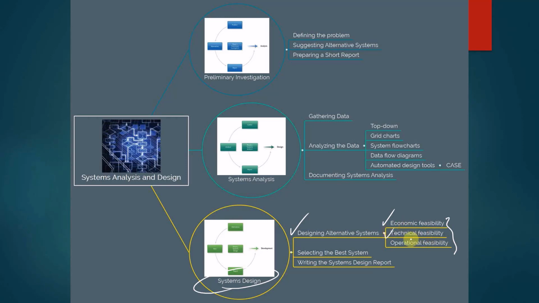Technical feasibility. Are reliable hardware, software, and training available to make the system work? And operational feasibility. Can the system actually be made to operate in the organization, or will people, employees, managers, clients resist it? The system analyst would then look at multiple alternatives under economic, technical, and operational feasibility and select the best system from there